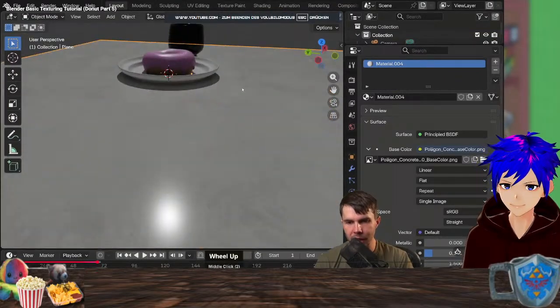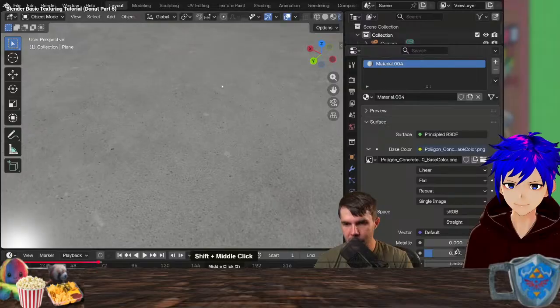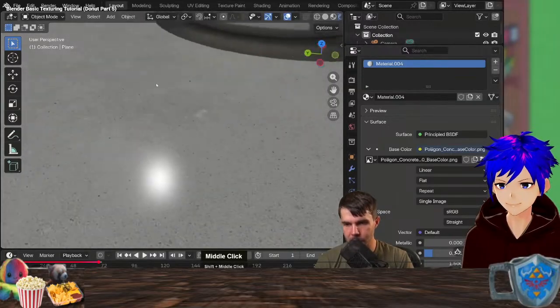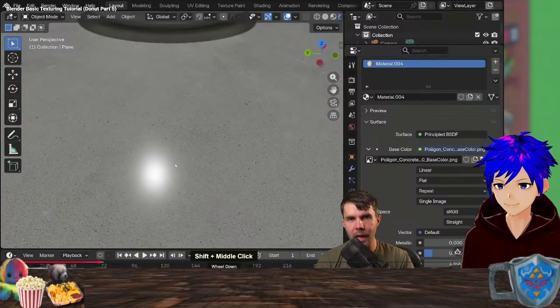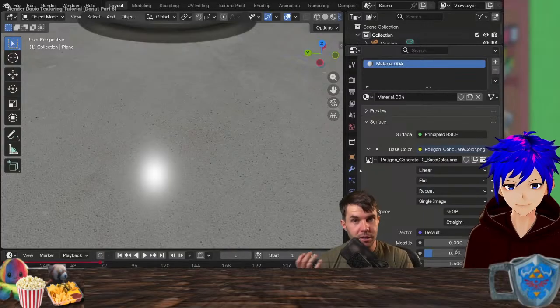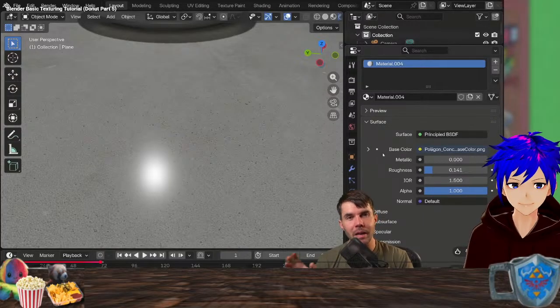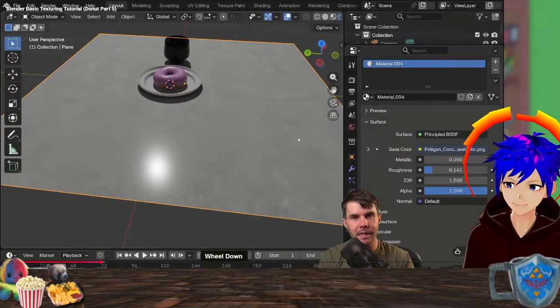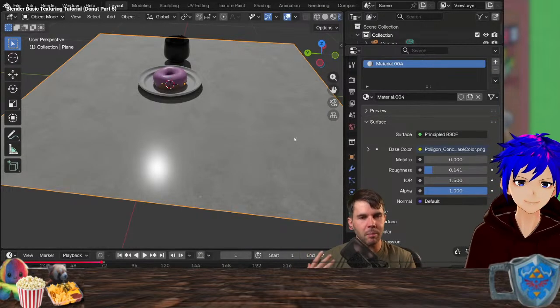Okay, so this has given us a nice, clean, delit concrete floor texture, but the same problem. We don't have that height information there. And that's because, just like before, we've only loaded in information into the base color. So it's almost like this has been printed on cardboard. That's kind of the appearance there.